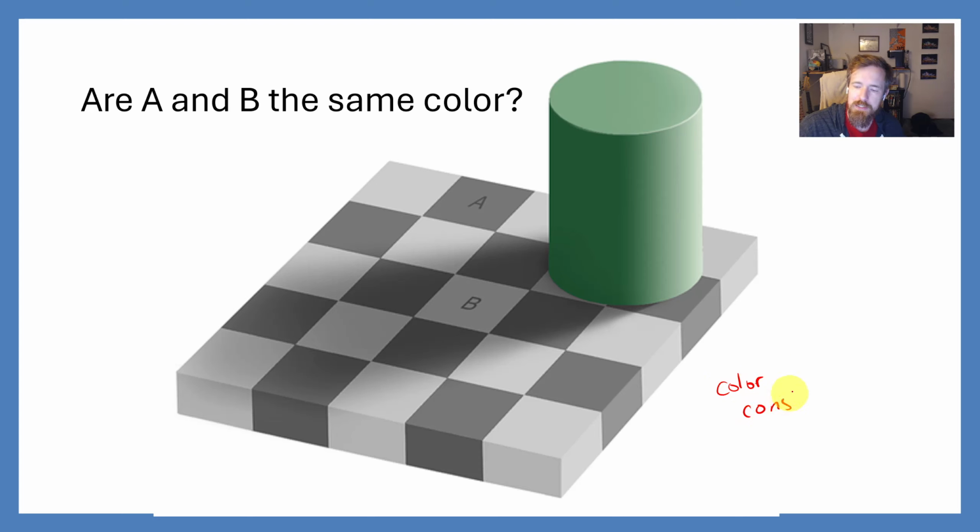Again, this is something that I talk about in a different class. I'm not going to really talk about it in this class, because we're only really going to talk about it for these next couple slides. But color constancy is this notion that I'm factoring in that there is a shadow over this tile. It looks like this cylinder is casting a shadow, so that what my retina is perceiving here is actually a little bit darker than it is in reality. So my brain is going to tweak my understanding of the lighting levels here. And so now I feel like this stimulus is actually a little bit lighter because I assume that a shadow